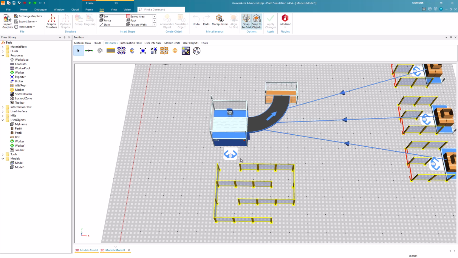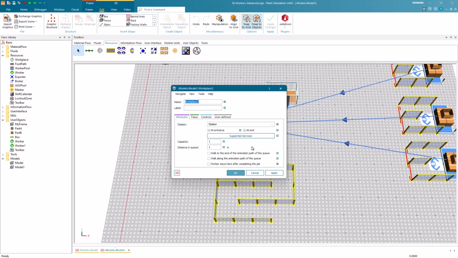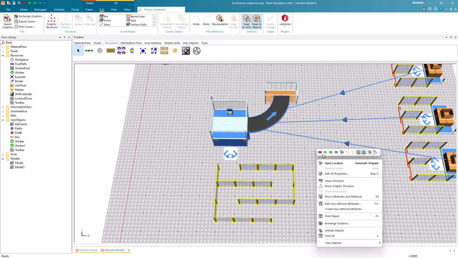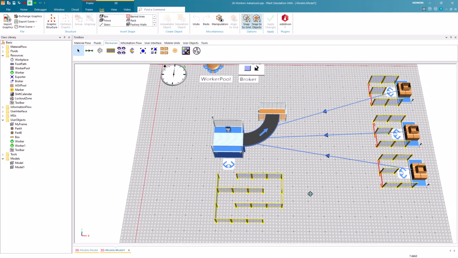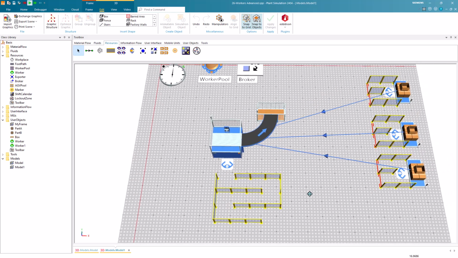Now we open the dialog of the workplace. Here, we then activate both checkboxes, the first one to let the workers move to the end of the animation path of the queue, the second one to let them walk along the animation path. Let's start the simulation now.